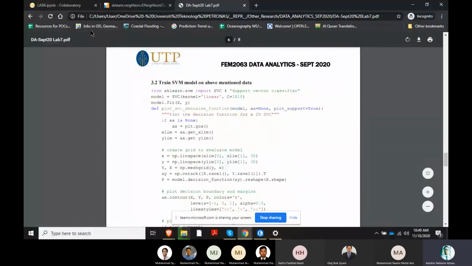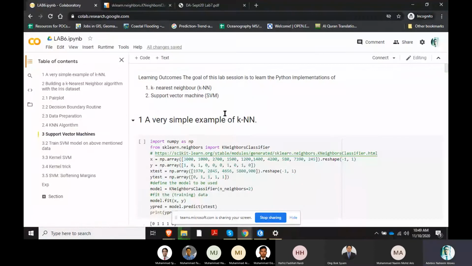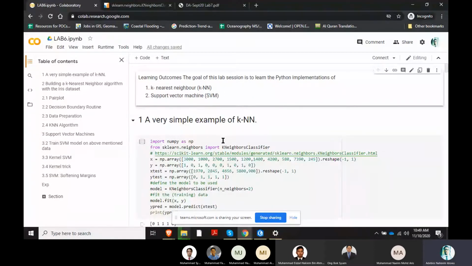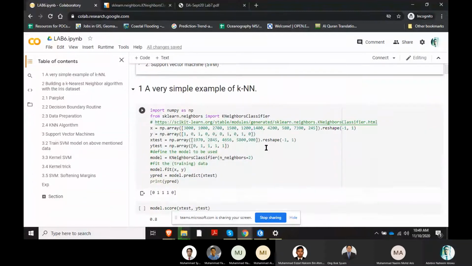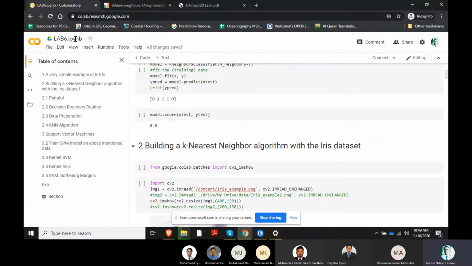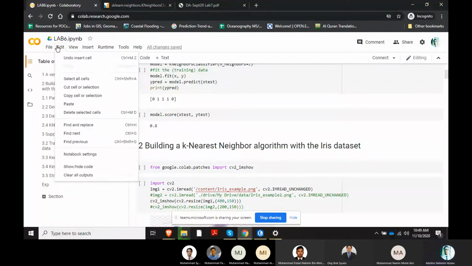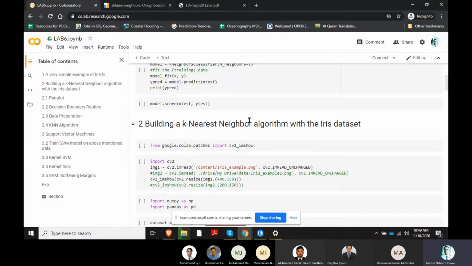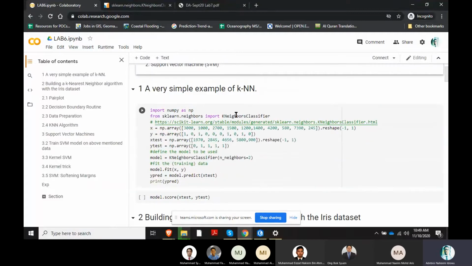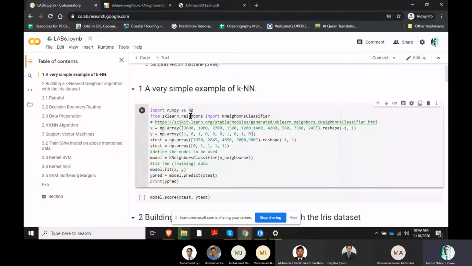So without wasting time, I'm going to show you my notes, my notebook. This is my Colab notebook. Let me just clear the output in case I have done anything here. Okay. So for the first case, we use a KNN for a simple classification task. To do that, we import numpy as np. Since we are using classification, we are going to use